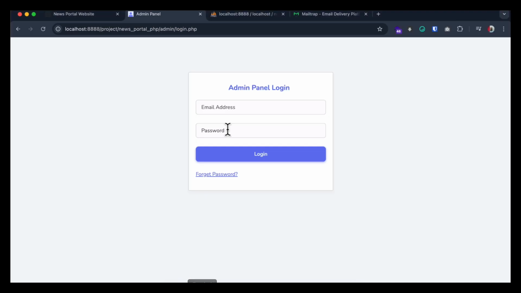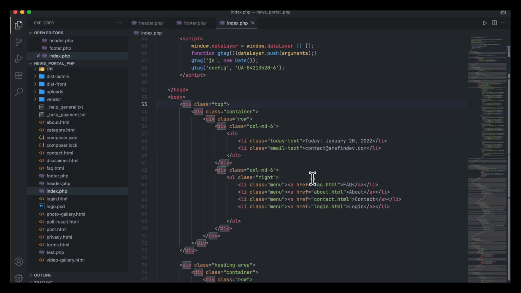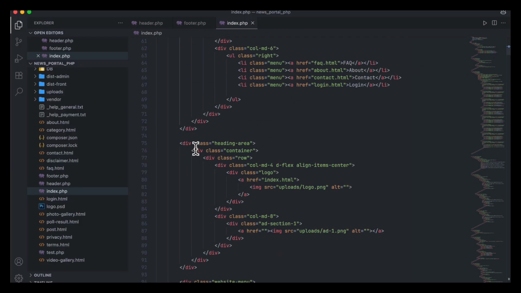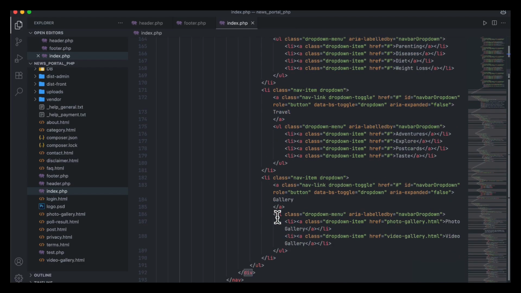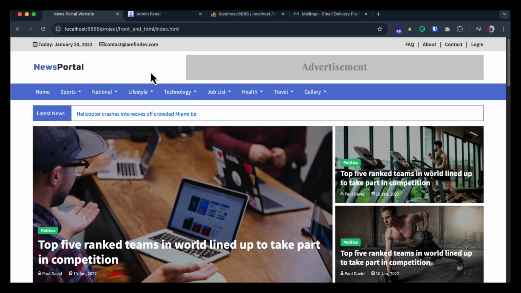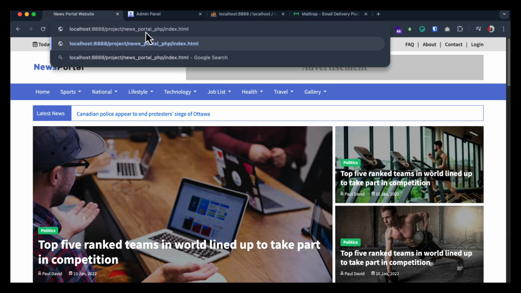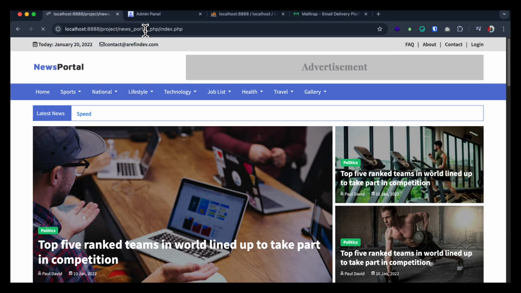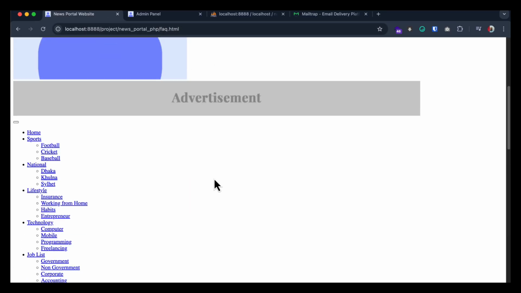So if you go to check here, you will see that up to this section each page is similar, that is up to the menu. So this is the top section, after that there is a header section and then the website menu. So all the three sections are here, and if I want, I am going to show you here, news portal PHP, right here index.php. Okay, so it will not work, that is okay, but in the FAQ page you will see,